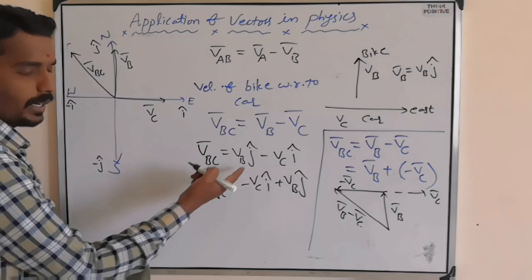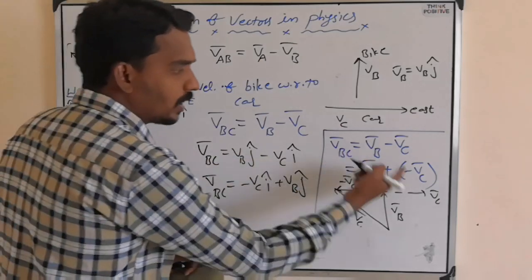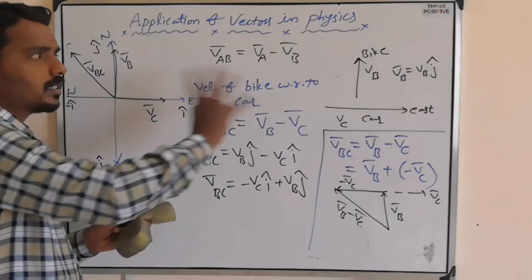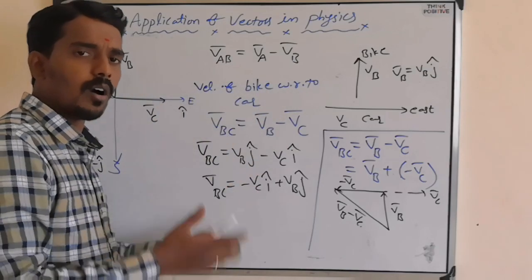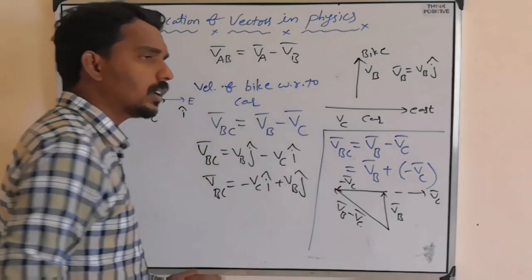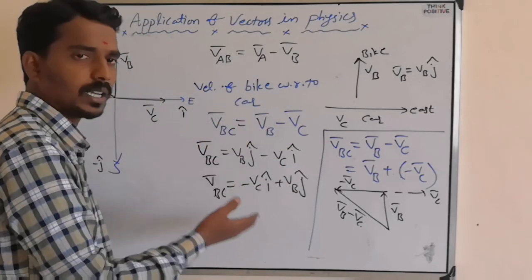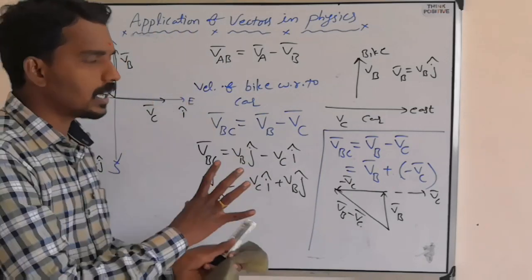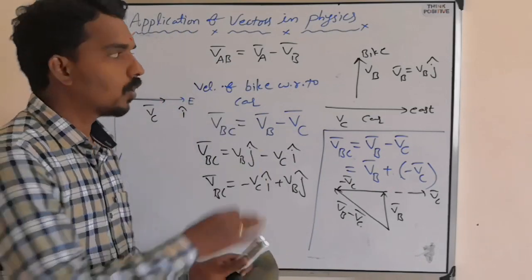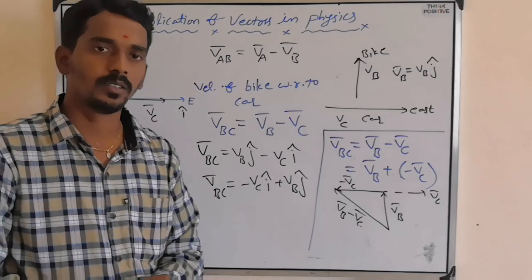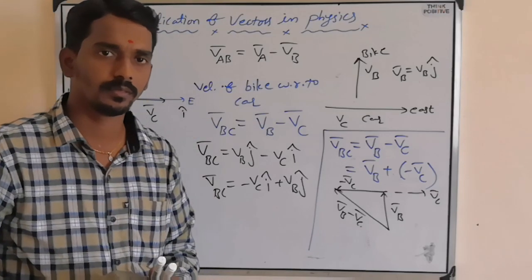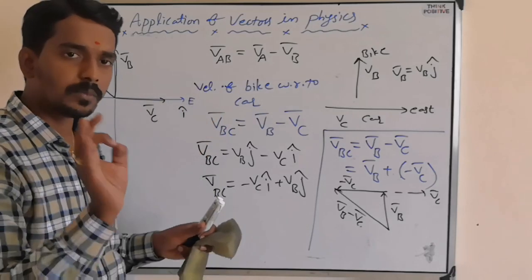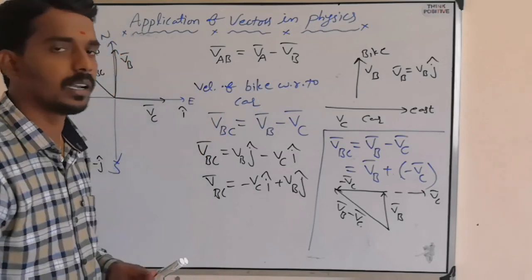So I can find this using the triangular law. That's why, to solve such types of questions, you must use vector notation, either vector notation or vector addition or subtraction. Relative velocity questions can be done only by using vectors, no other option. So that is the way you need to understand. I'll explain one last and final case.